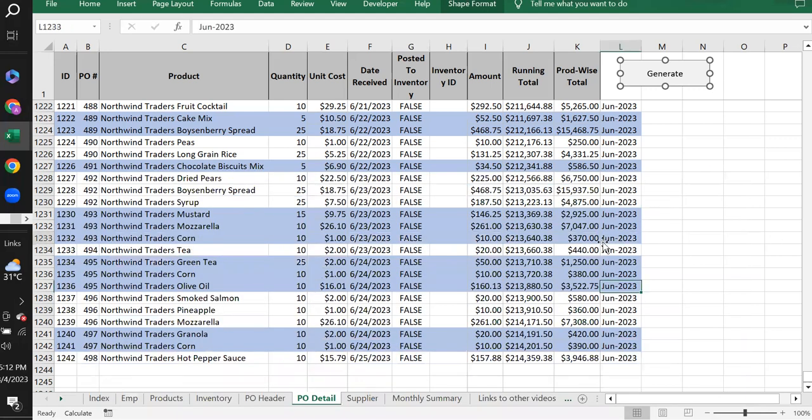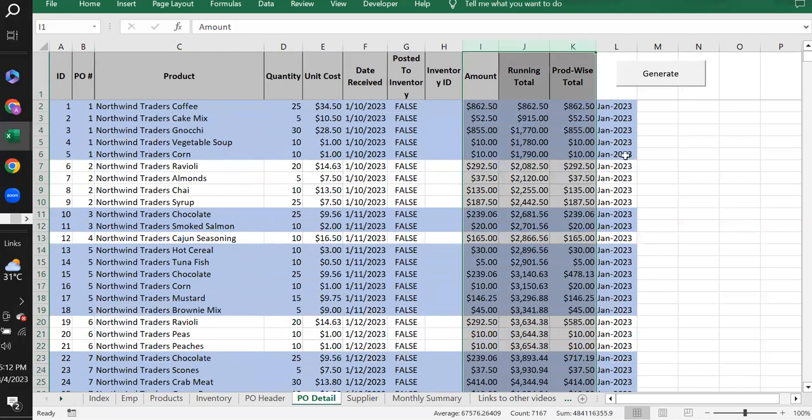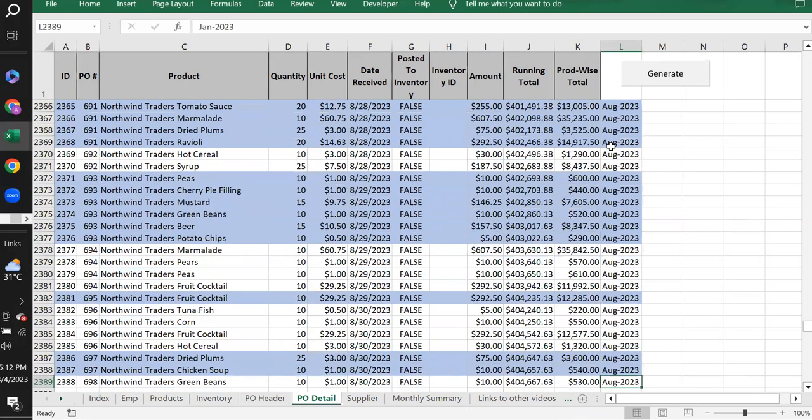So for the time being, it is going until June. Let's generate it and see until what month the data gets generated. This is test data, we can do this. So it is always good to have the right amount of data on which we can do the thing. Now it is extended until August